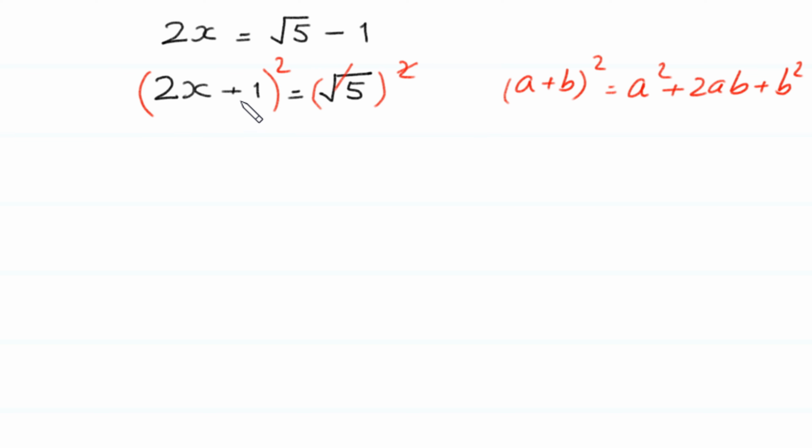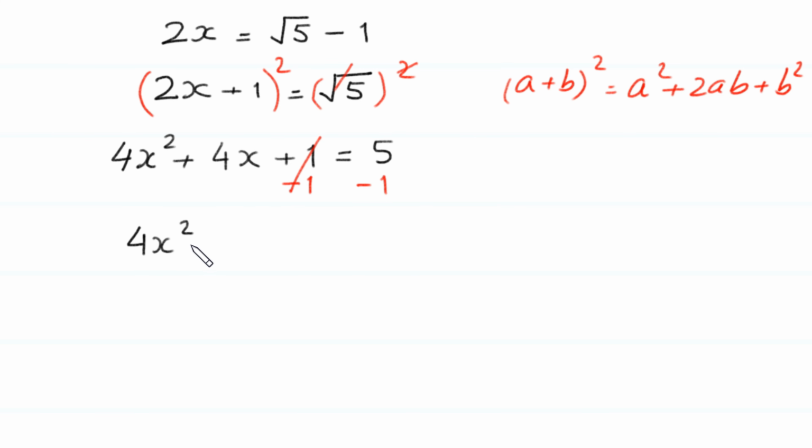This 2x plus 1 whole square is equal to 4x square plus 4x plus 1 is equal to 5. Now we subtract 1 from both sides of this equation, and this plus 1 will be cancelled with this negative 1, and this equation becomes